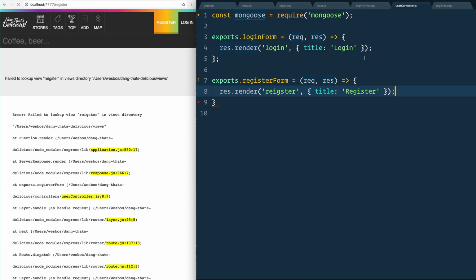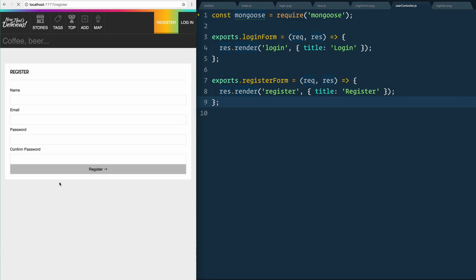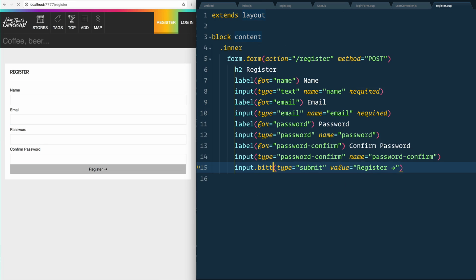So we want to go back to our user controller. We want to register that actual view. There we go. Name, email, password, confirm password, and register. Actually, we'll pop a class of button on our register button just so it looks a little bit nicer. Beautiful. Okay, so we have all of our fields set up, and it's going to be actually a couple steps